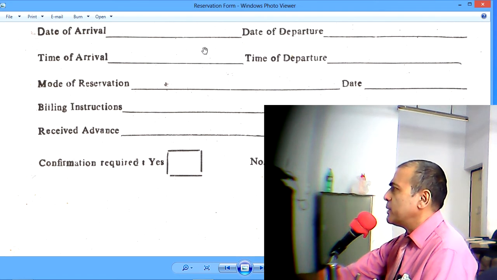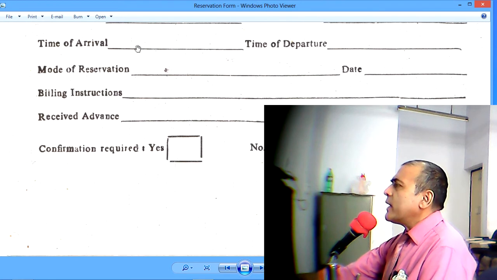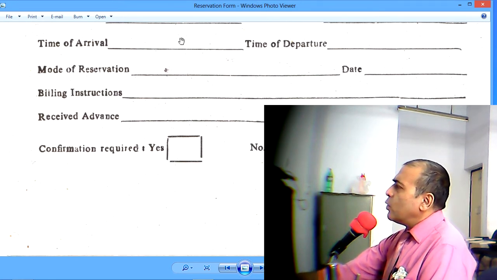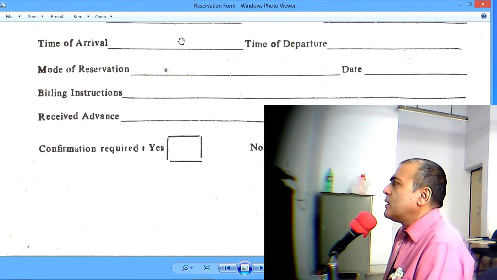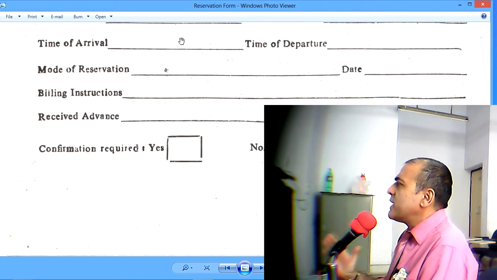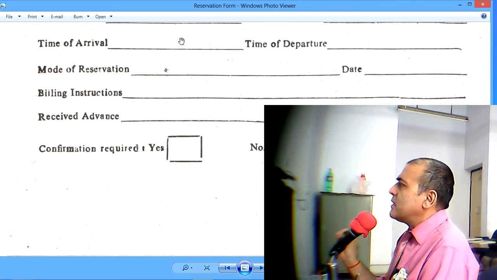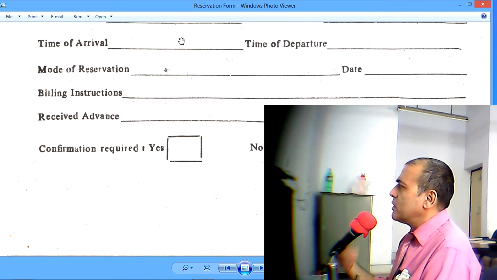That is good hospitality. Now, why is time of arrival and departure recorded? A hotel has something called fixed check-in check-out time, which means we set a time, something like 12 noon, and every guest has to check out before this time and check in after this time.